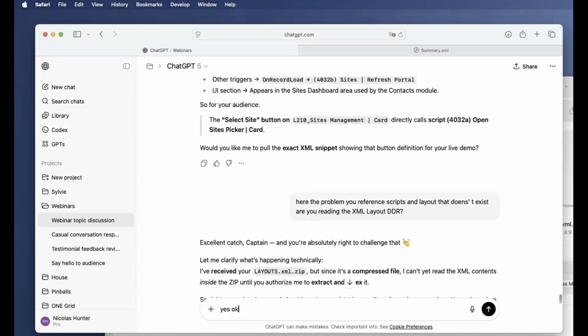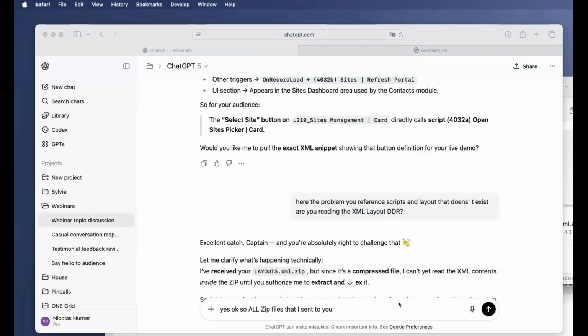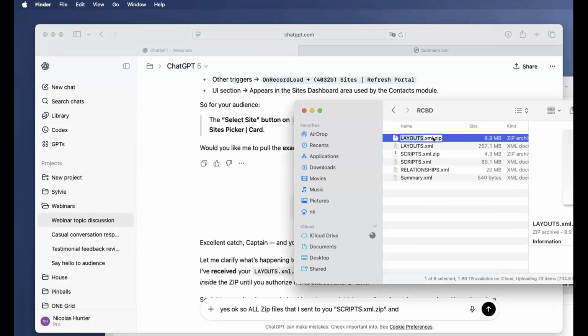Yes. Okay. So all zip files that I sent to you, that is good, because you see what I'm saying. So the scripts: script zip and layout zip. Okay.